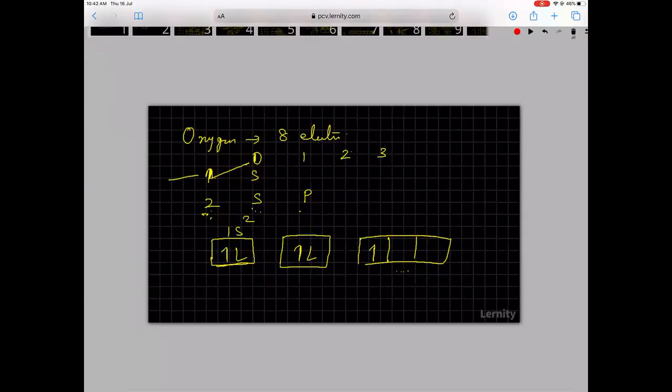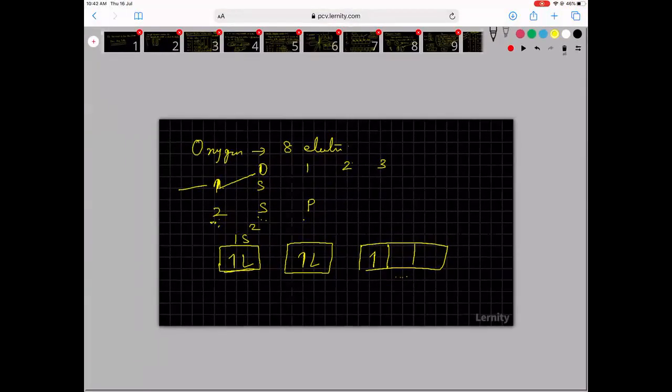Now the 6th electron has a possibility of coming here, but it won't come here. Why? Because pairing has to happen only after there is no empty orbital. So now here these 2 are empty, so the next electron will come here. Then one more electron is there. So here 1s2, 2s2.